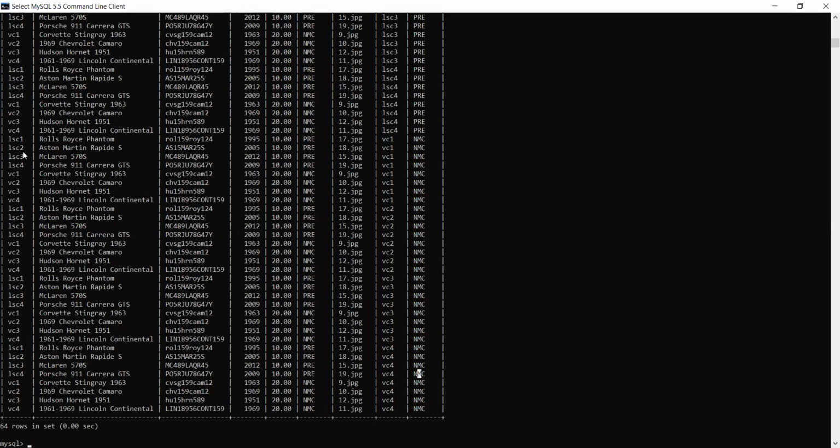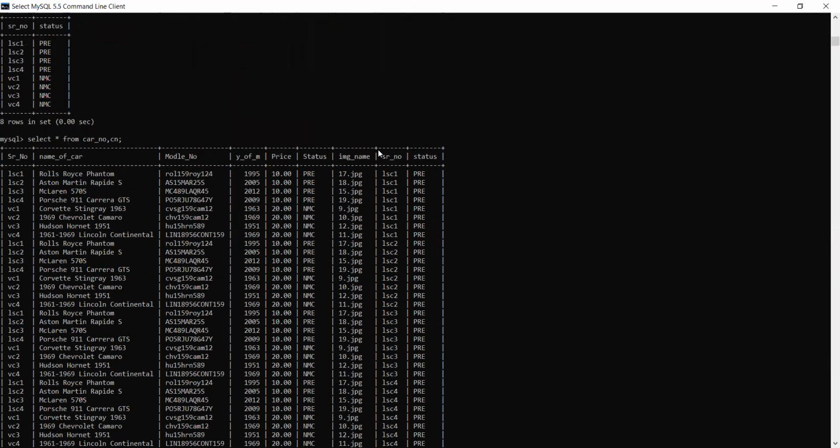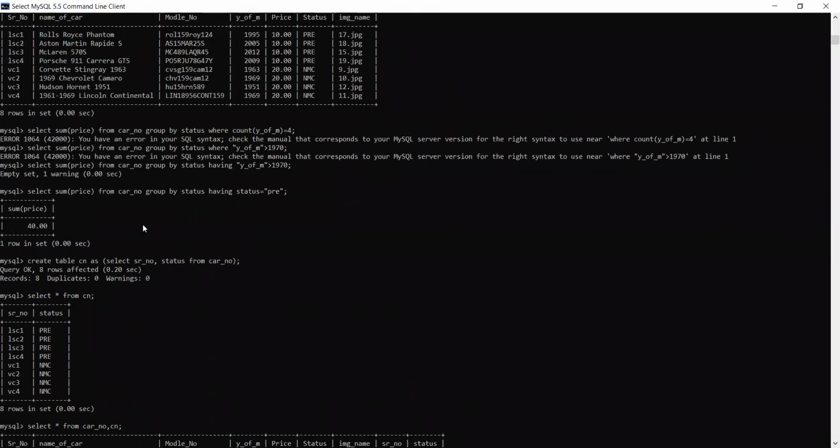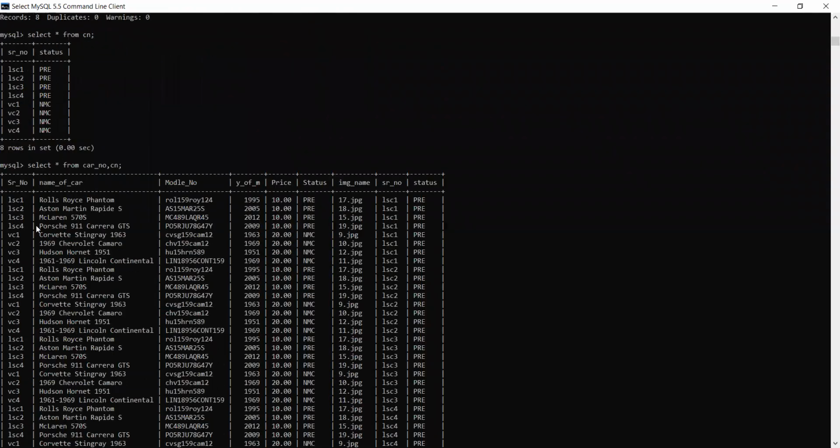This is again a very common question for board examination. How will the question come? Something like this: the first table has 8 rows and 7 columns, the second table has 8 rows and 2 columns. After Cartesian product, what will be the degree and cardinality of the resultant table? Degree means total number of columns, cardinality means total number of rows. So degree will be 9 and cardinality will be 64. Anyone any doubt?